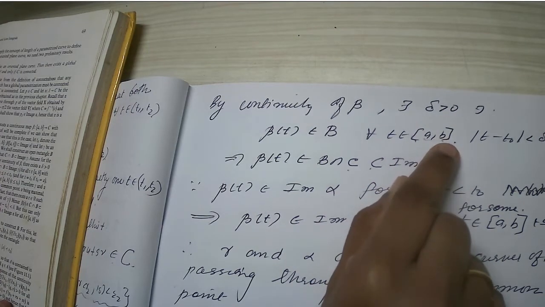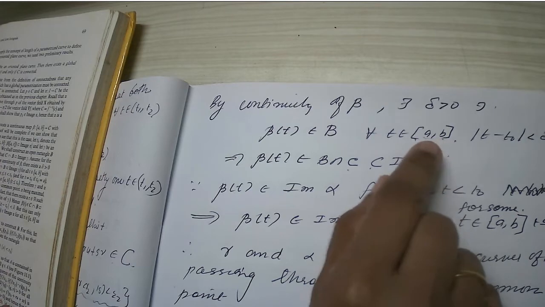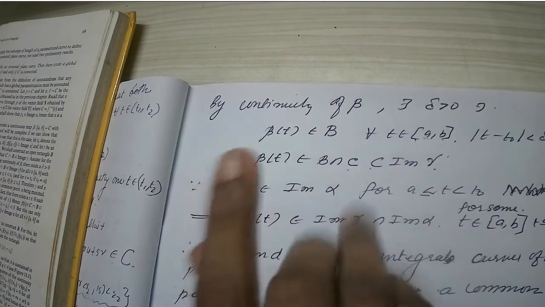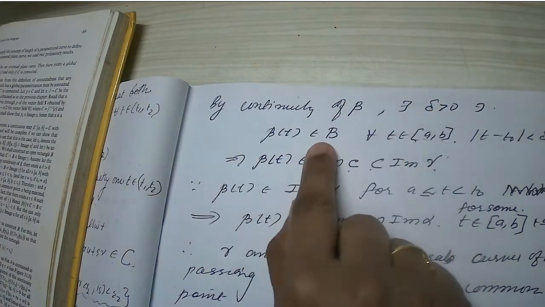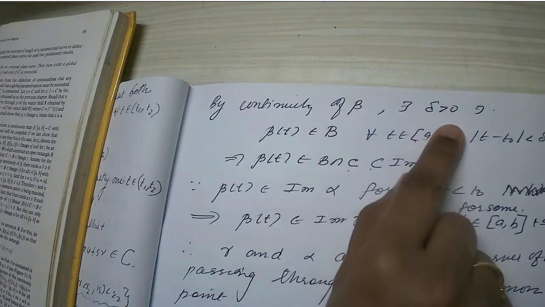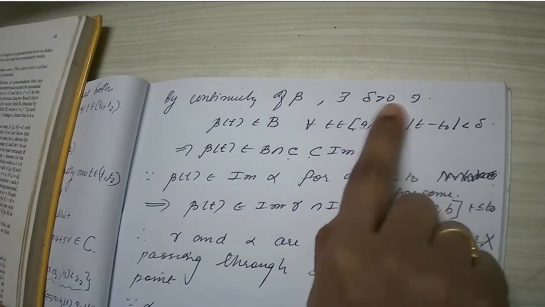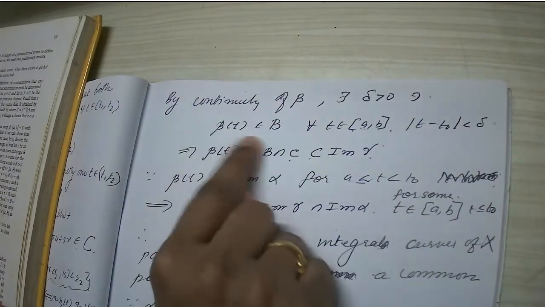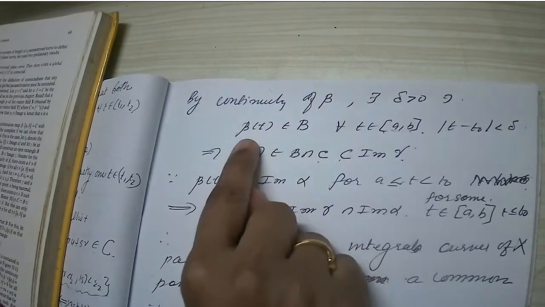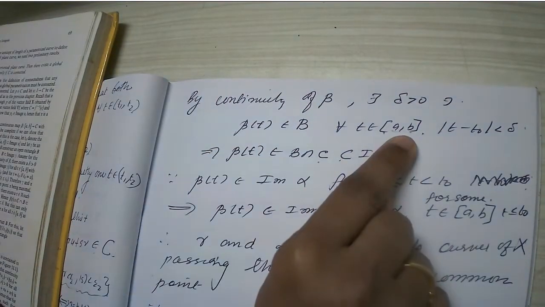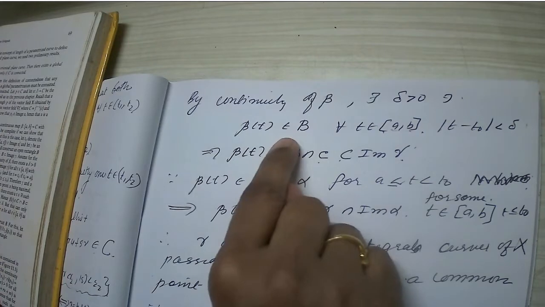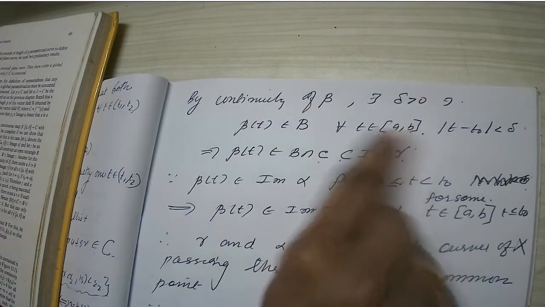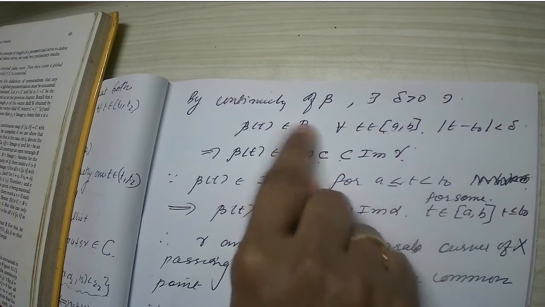So, we do not know whether that last point is actually going to be in your image, but you can say that it can come in B because of the continuity. For delta greater than 0, for this much short interval, you can say that it will come again inside your B because of the continuity of beta. We know a continuous image of a set will come continuous only, so the next point also will come inside B.